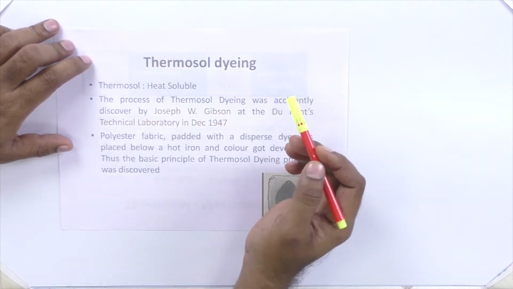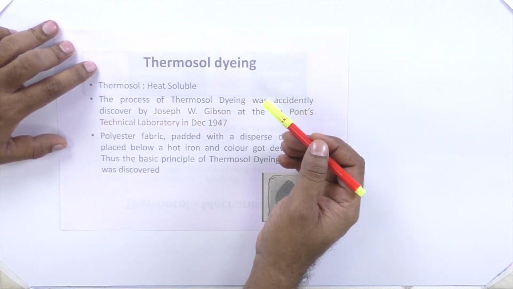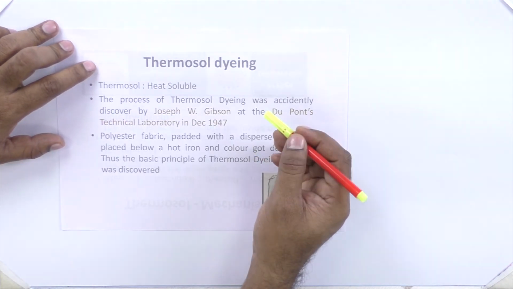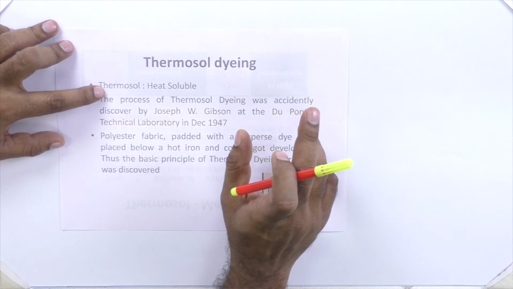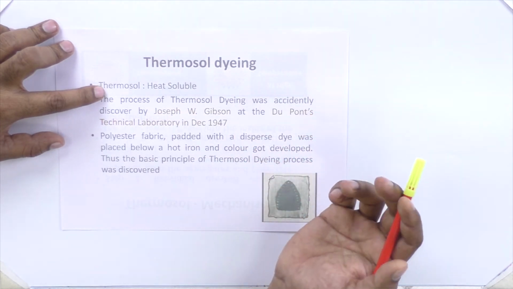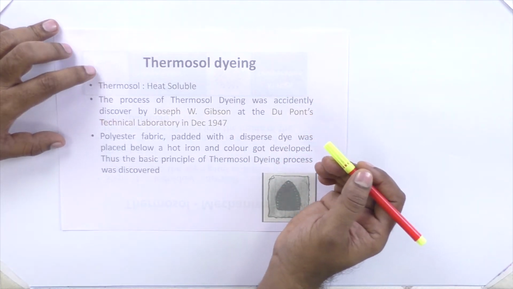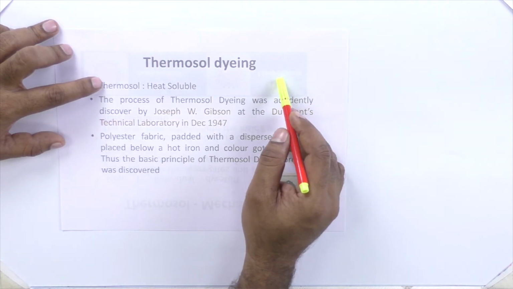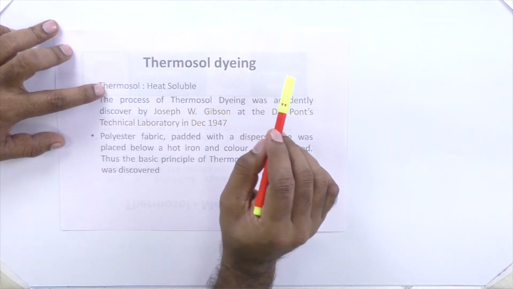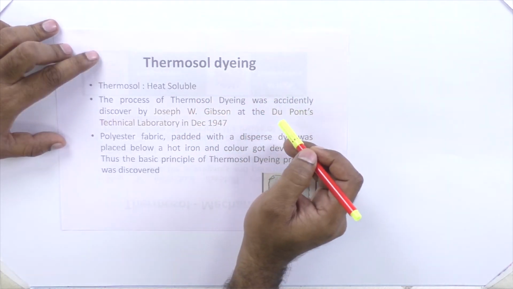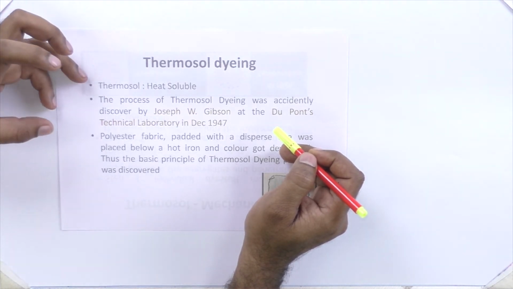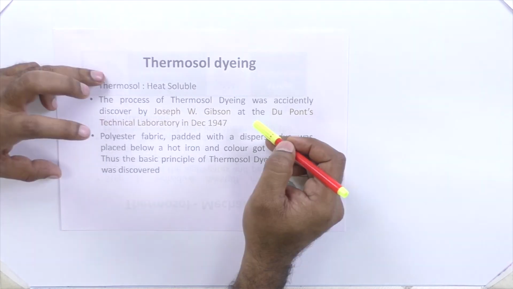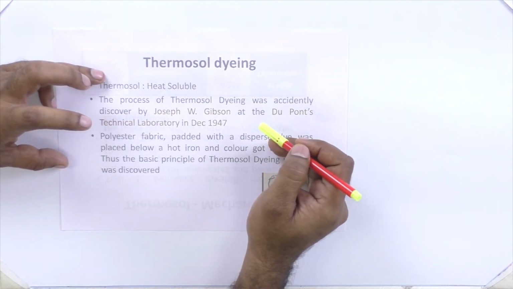Normally dispersed dyes are dyed on polyester fabric by the lock and key method. That means the pore is occupied by dispersed dyes. Normally the pore size of the polyester fiber is very small, whereas the dye particle size is bigger than the pore size. We have to reduce the particle size of the dye, or we have to increase the pore size to incorporate the dye into the fiber.